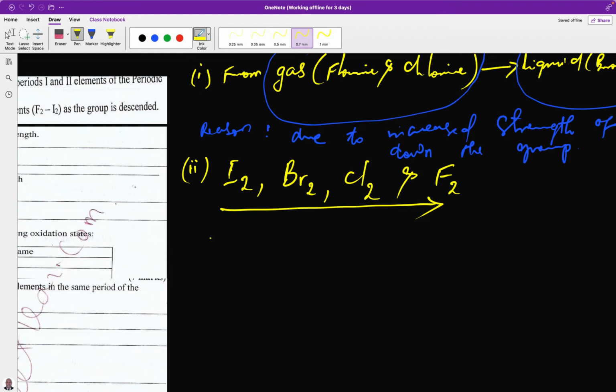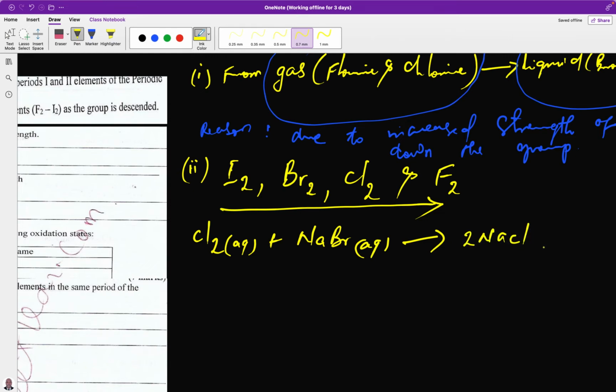For instance, you will see that chlorine aqueous plus sodium bromide in aqueous solution. You will see that this is a displacement reaction because it will be 2